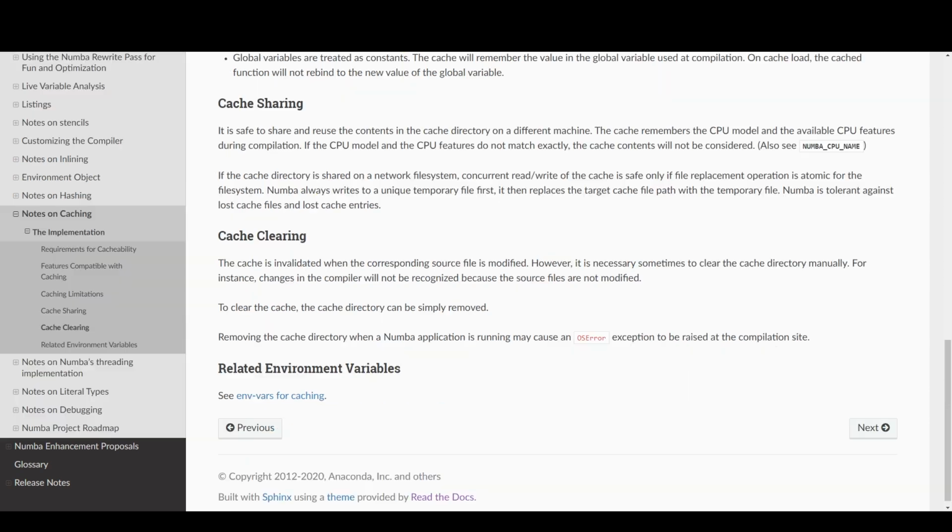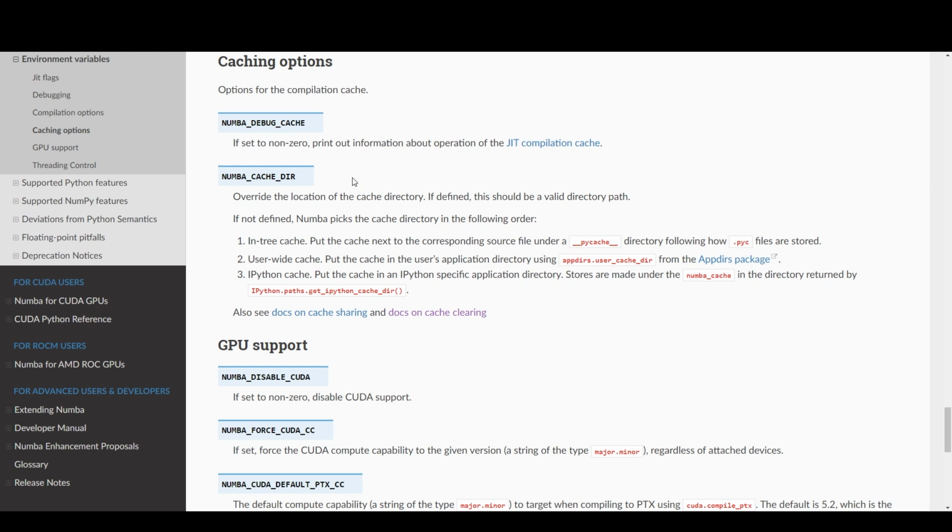Docs on cache clearing. Oh. To clear the cache, the directory can be simply removed. Remove the cache directory from Numba. Environment available, C environment for caching. Well, let's see what happens. Let's see what happens here. So you run it. If I debug,